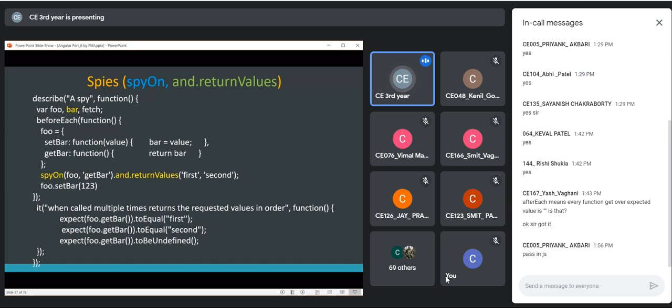So this is also a useful function: until that functionality is implemented, you can say that it should return values like this. The first time it should return this value, the second time it should return the second value, and so forth. So there is an object foo having the method getBar, and it is not implemented, but it can still be invoked and we can check that the first time it is called, it should return the string first. The second time it is called, it should return the string second, and so forth.